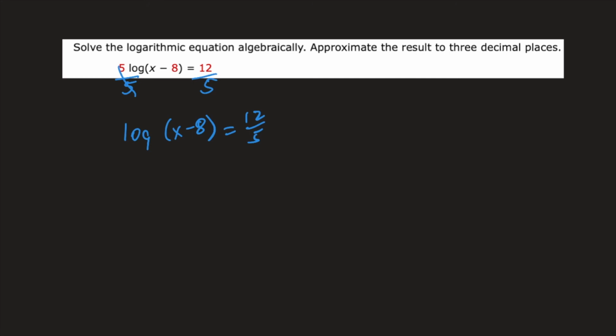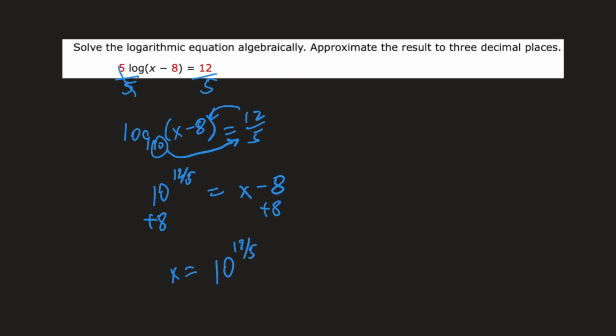Since there is no base here, I'm assuming that this is base 10. So I'm going to take base 10 to this power, 12/5 power, is equal to x minus 8. Then I'm going to add 8. So x is going to be whatever I get from putting 10 to the 12/5 power in my calculator, then adding 8, which gives me